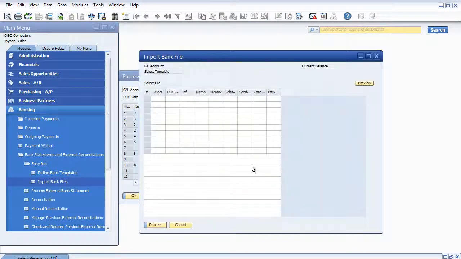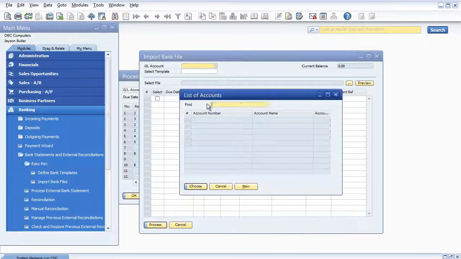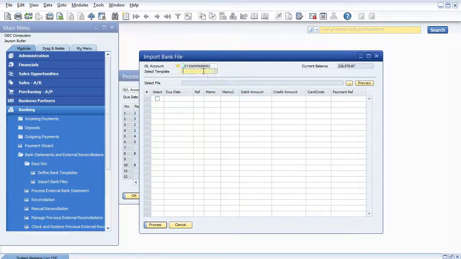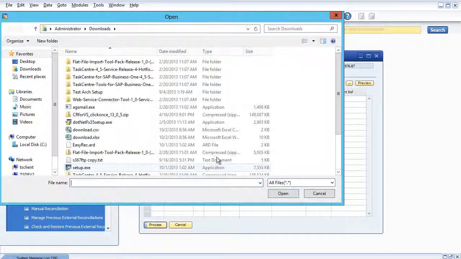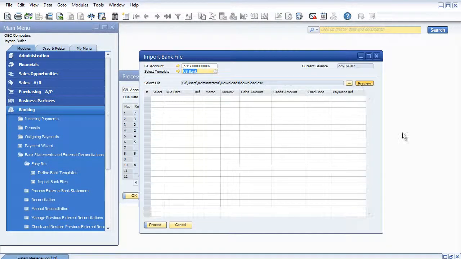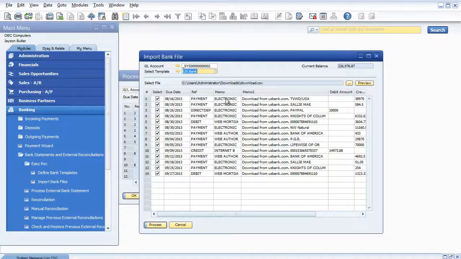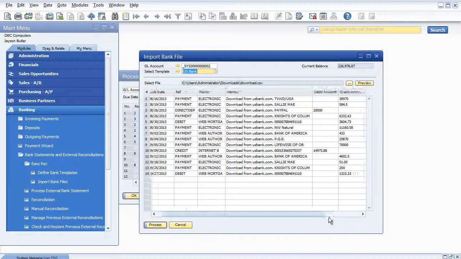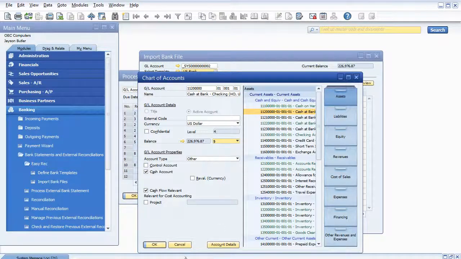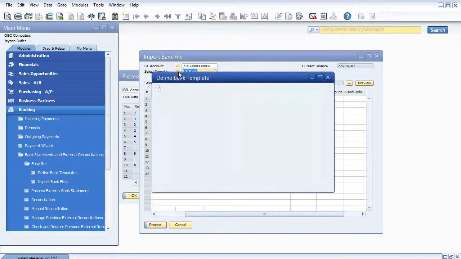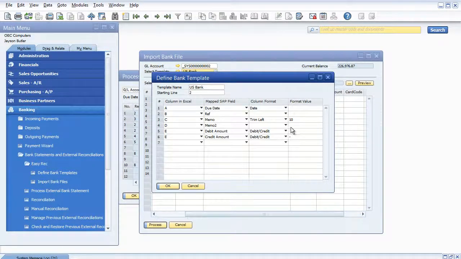I'm going to bring it back up, select my information one more time, and then when I select my file this time, those changes that I just made are now available. So I hit preview, and now we can see that the memo field only has the left 10 characters, and my debits and my credits have been switched. So again, the easy way to correct that, drill into the template, make your adjustment,